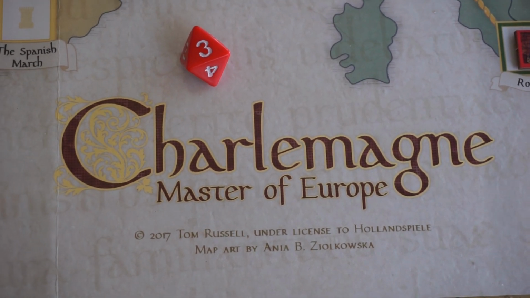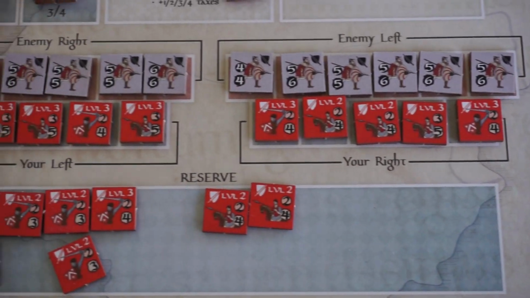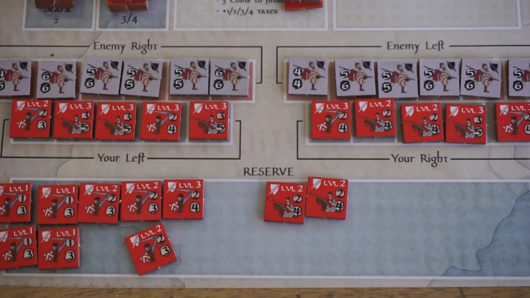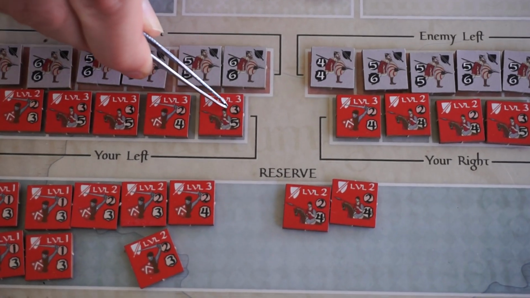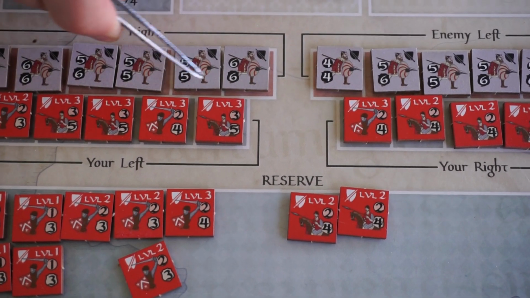Today we're going to look at a battle in Charlemagne: Master of Europe. If you played our Agricola game, it's a very similar battle system. This one's a bit more nuanced, but the core of it is the same in that you have attack rounds and defense rounds. In an attack round, you're going to take your unit's attack factor, roll a die, and you can compare the total to the defense factor of the enemy unit that you're